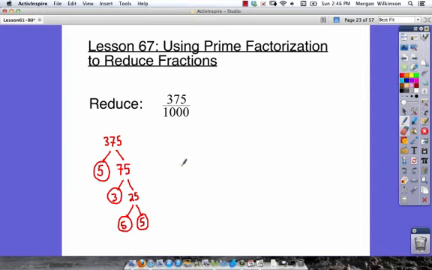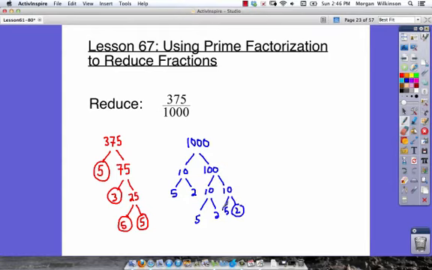Let's look at 1000. We want to reduce 1000 by using prime factorization. So 1000, that's the same thing as 10 times 100. We know 10 is 5 times 2, two prime numbers. 100 could be 10 times 10, and 10 is 5 times 2, and 10 is 5 times 2. Now this takes a moment to go through the prime factorization of these problems, but you'll see